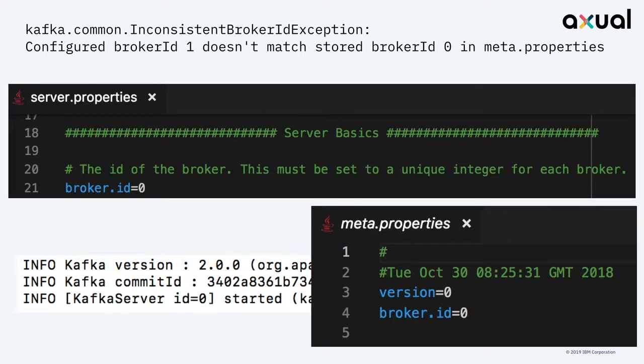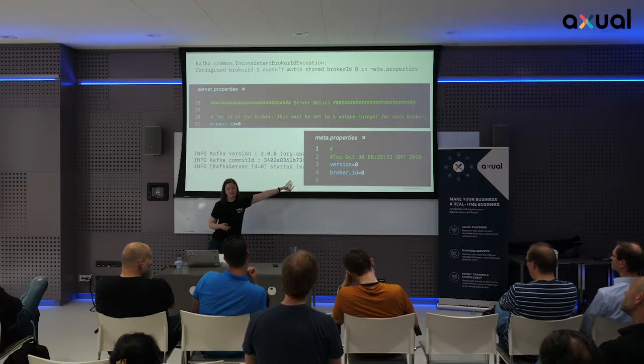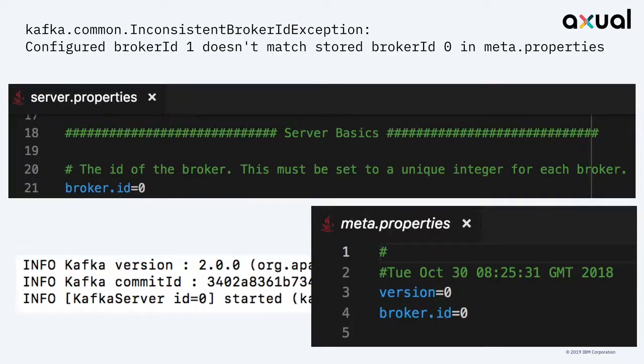And so if you see this message that says that your IDs don't match, what's probably happened is you previously had a broker ID meta.properties file written, you stood up your Kafka broker, it's logged out what it thinks the ID is, then it's looked in this particular file and it's gotten a different answer. And so that's where you'll see that message. So our stateful sets actually solve that problem for you.